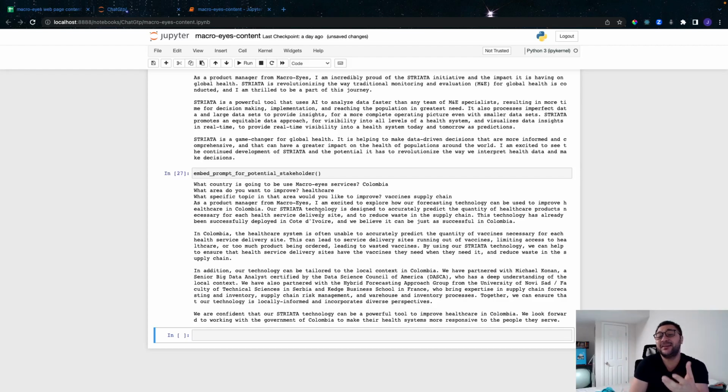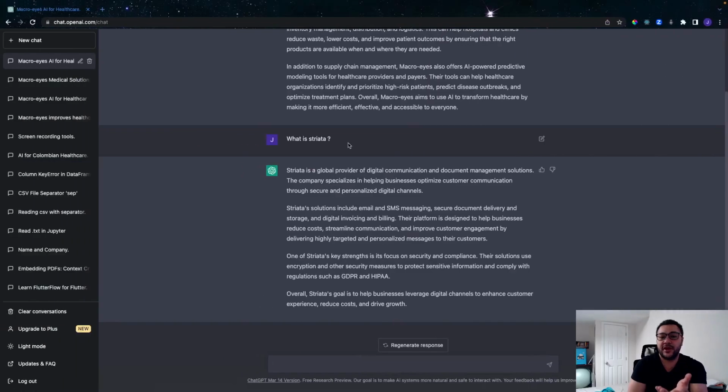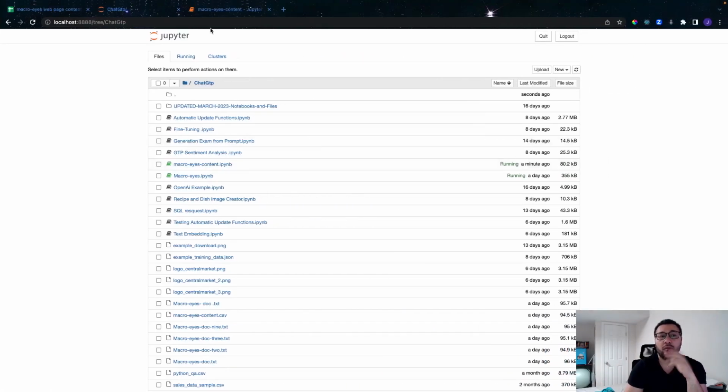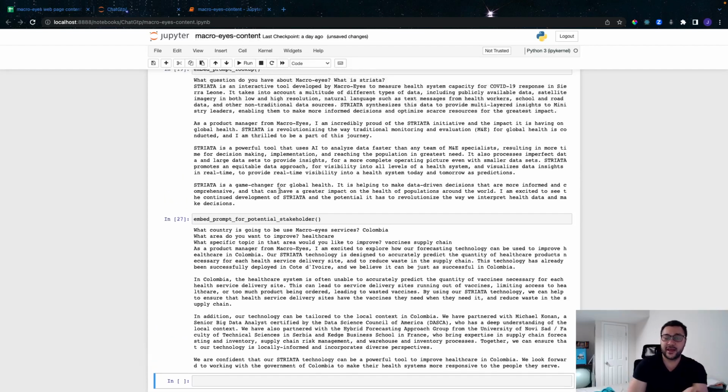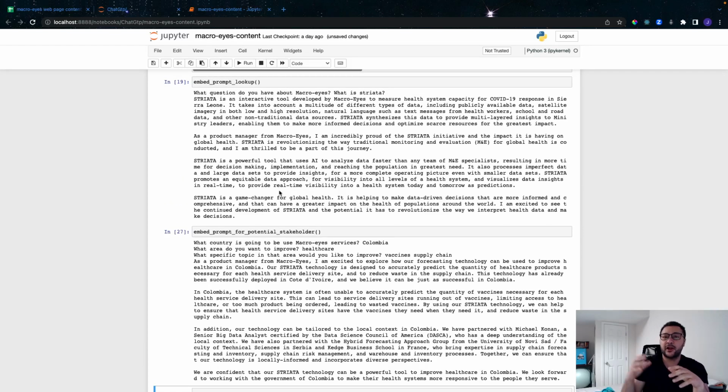because it already incorporates that information as a context, because ChatGPT itself doesn't have that information, maybe because it's too new. If we go to ChatGPT here and ask about Strata, it gives me a completely wrong answer. So that's all. This is a use case about how to use large language models like ChatGPT or OpenAI to improve virtual assistants or chatbots